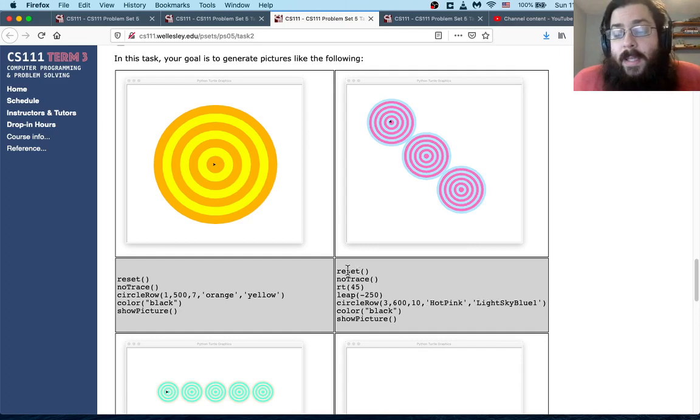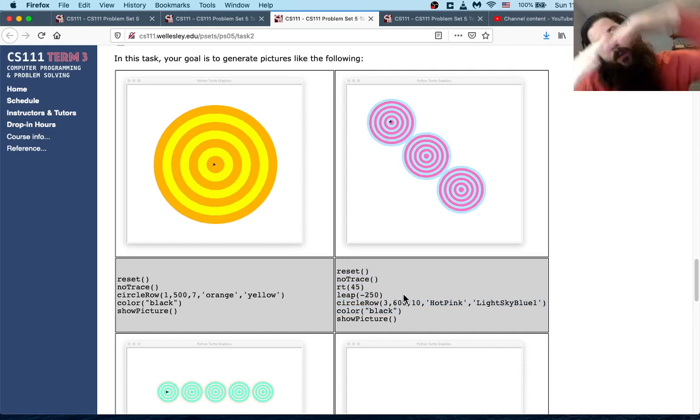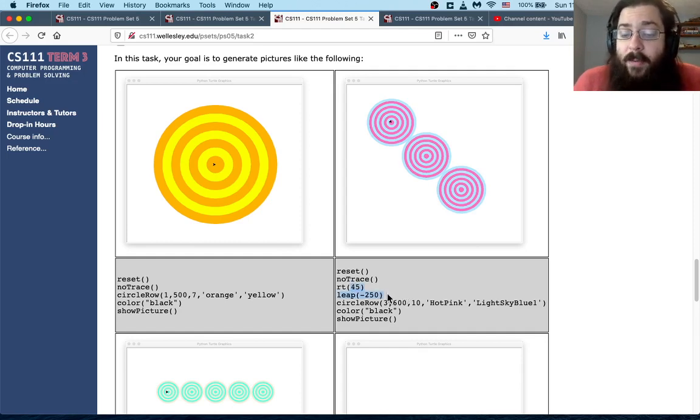You'll notice in this second example in the table that the circles are sort of at an angle, tilted down, and also look at where the turtle is at the end. It's at the first circle, which is basically back where it started, because the code that we've provided for this example actually turns to the right by 45 degrees, so the turtle starts facing